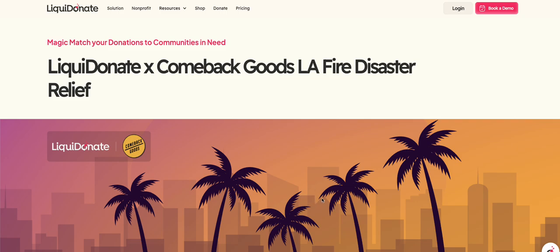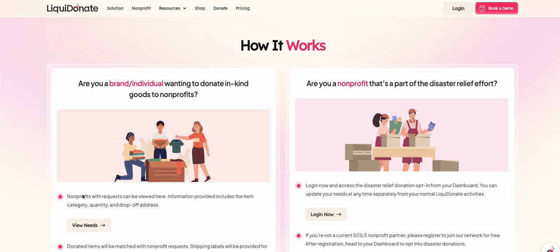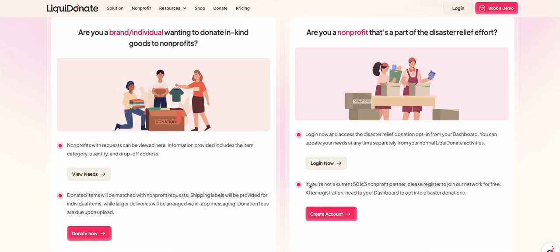First things first, your nonprofit needs to be a part of our network in order for you to receive the donations from this LA fire disaster relief. It's simple. Just head over to www.liquidonate.com and sign up. On this page, you should also be able to go here. If you're not a current 501c3 nonprofit partner, please register to join our network for free. After registration, head to your dashboard to opt in to the disaster donations, and feel free to click create